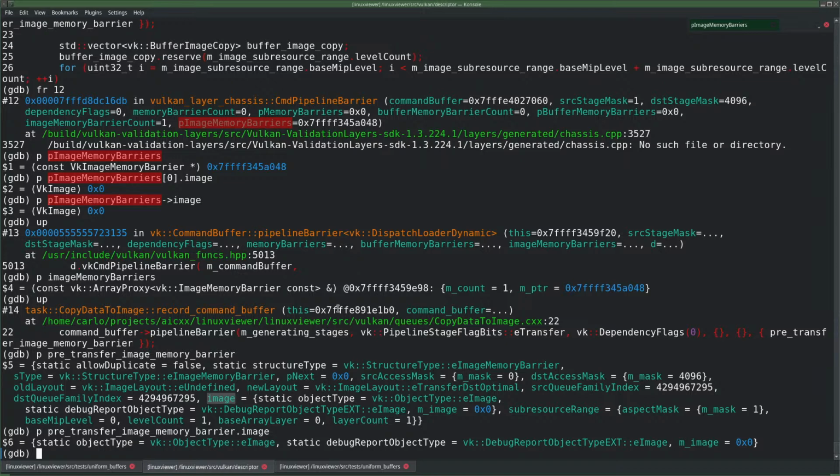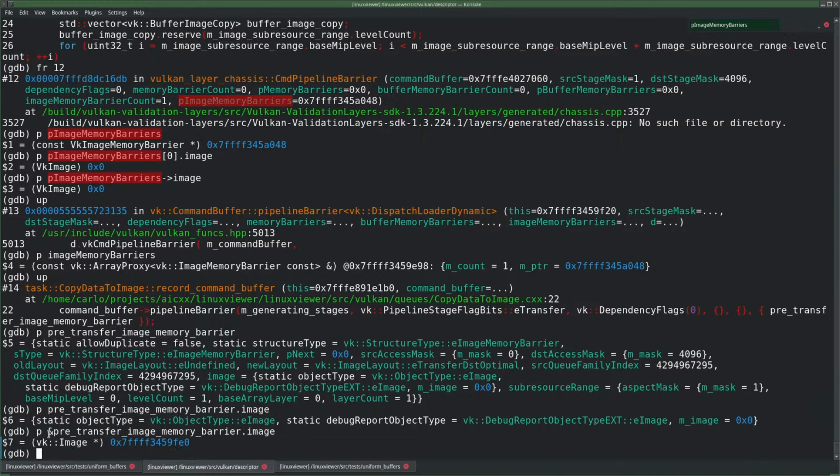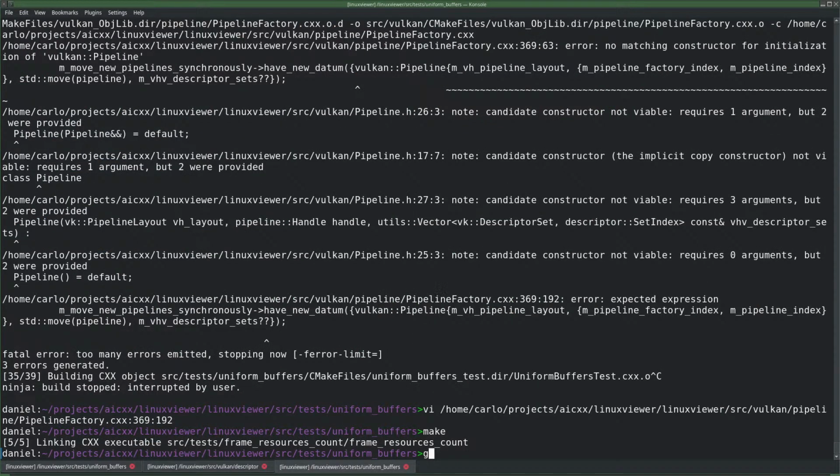Yeah, I think it was converted. It was converted from the C++ type, which contains these static things, to the C API. But that means that this is definitely not my m underscore. So say if I print the pointer, I get the type of it. It's a VkImage. And if I look at VkImage,